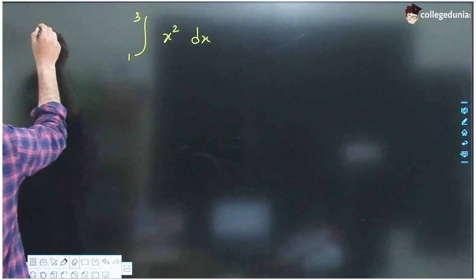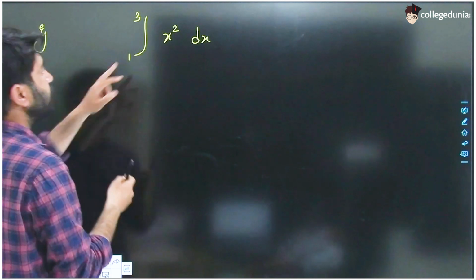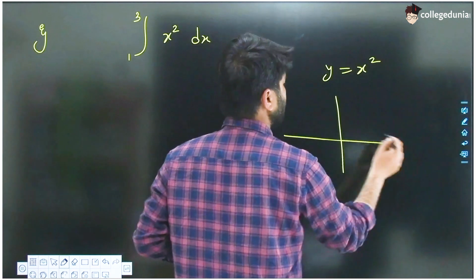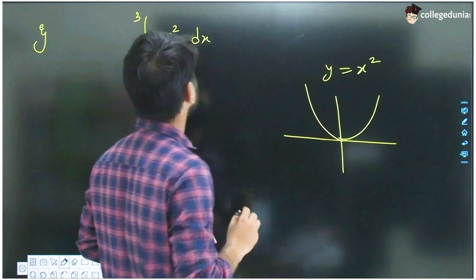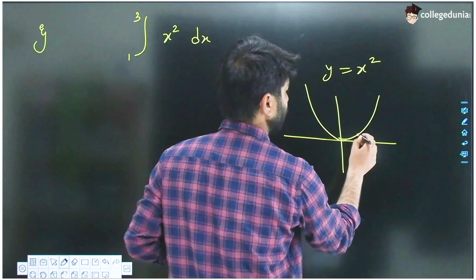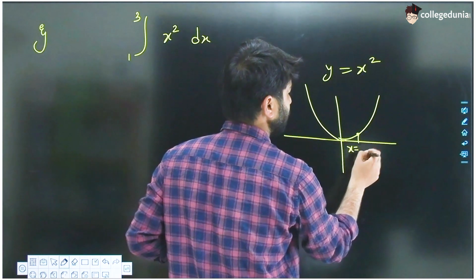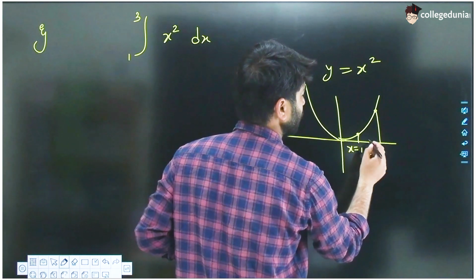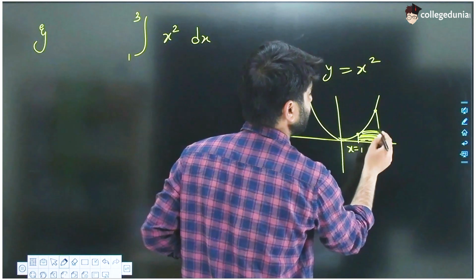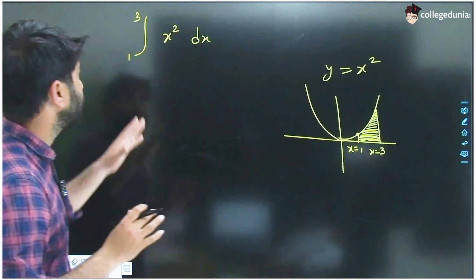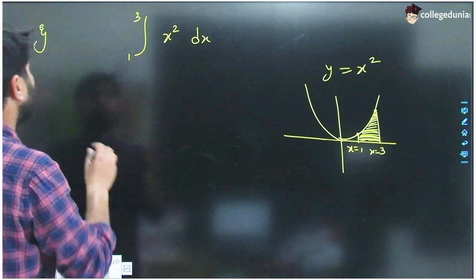Clearly you can see this y equal to x square is the equation of a parabola. We have to use limit 1 and 3, so 1 यहां पर आपको दिखेगा एंड 3 आपको यहां दिखना चाहिए। सो ये जो एरिया है, इस एरिया की वैल्यू हम फाइंड करेंगे बाय यूजिंग डेफिनेट इंटीग्रेशन।